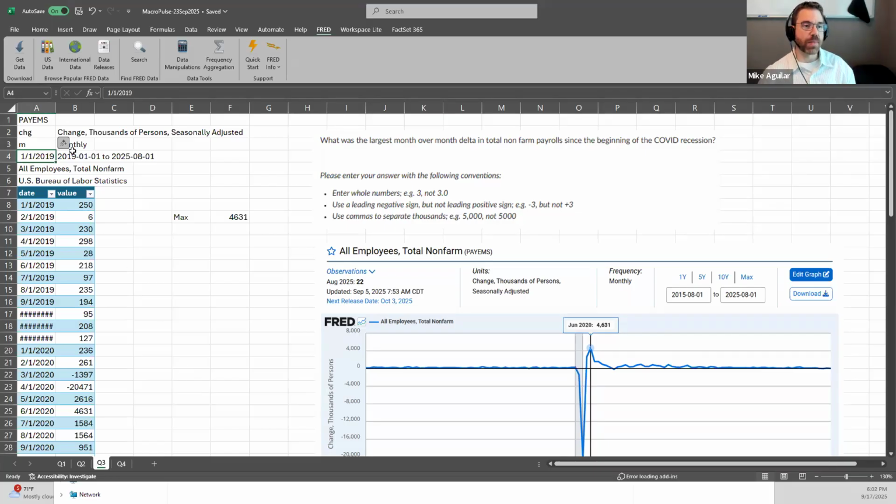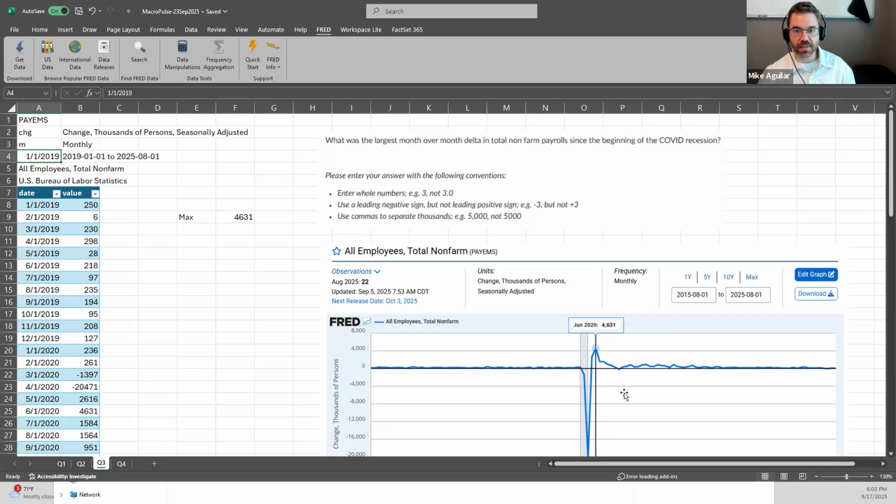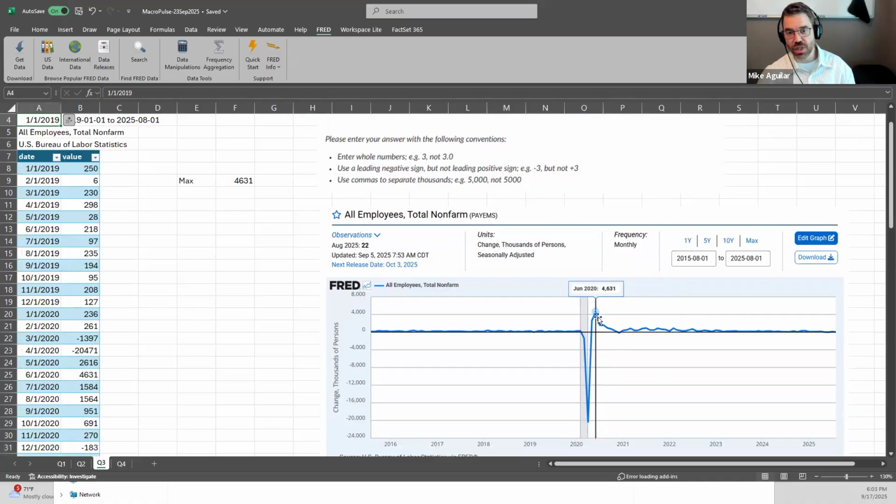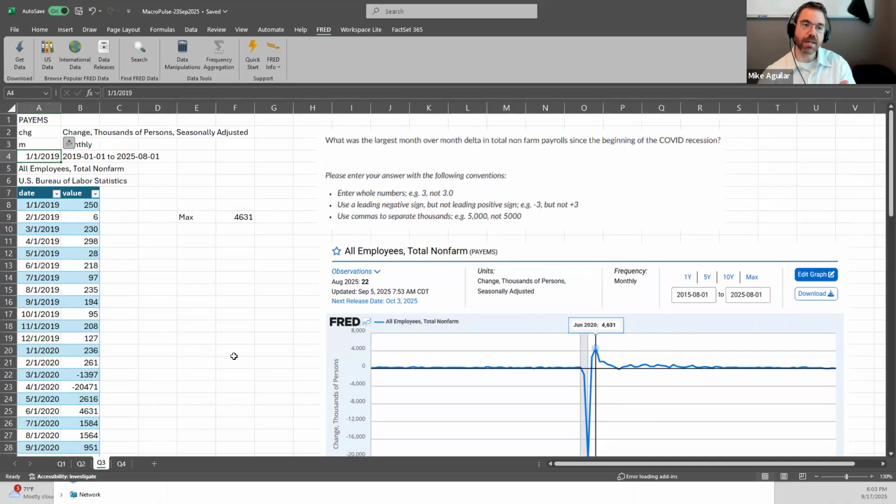All right, so I have a lot of different series here. I can see that if you do that same screenshot, it was in June 2020, but maybe I could be a little bit better, a little bit smarter about that. So what I want to do is reference the max function. Now, I want to find the max of those values. You could go hardcore and just click and drag, but we want to leverage some tools for easy